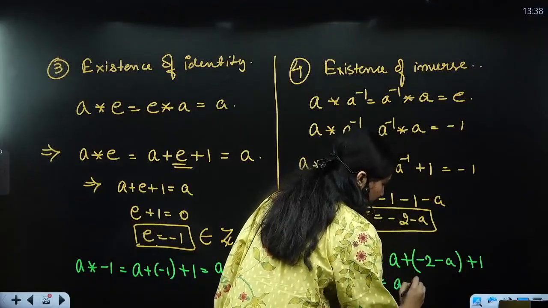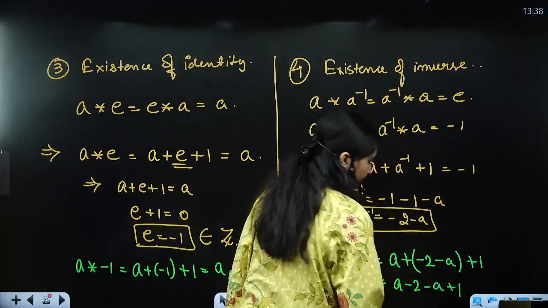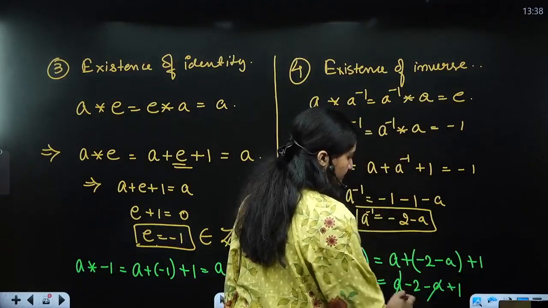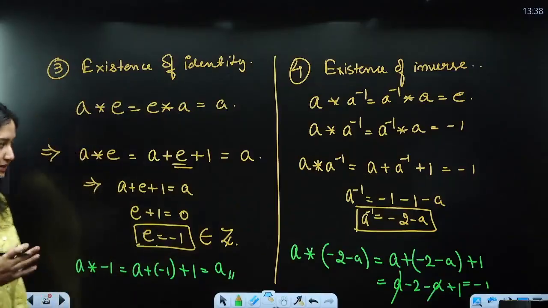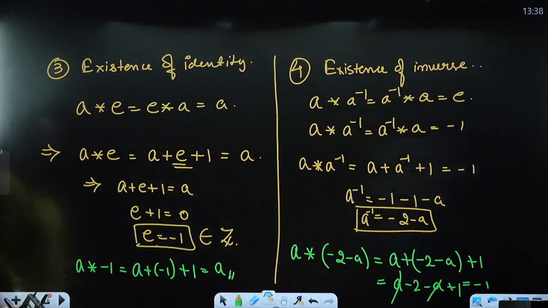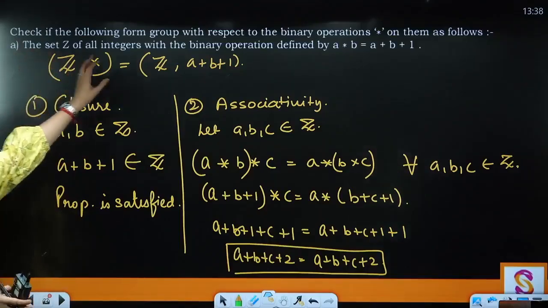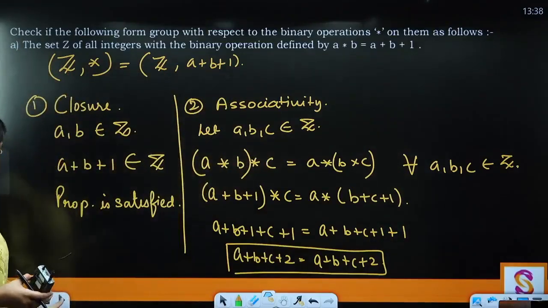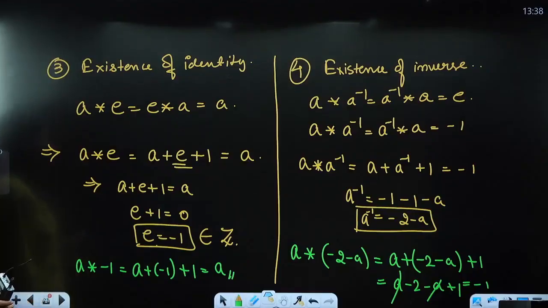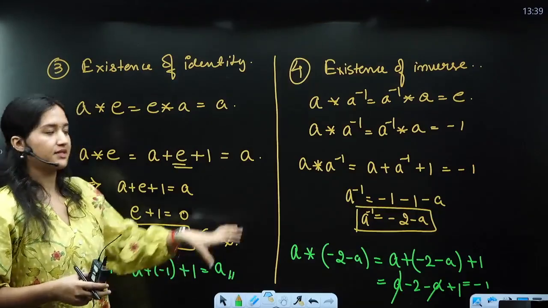So this is a, minus 2 minus a, plus 1, and a and a are going to get cancelled, and you'll be left with minus 1, which is nothing but your identity element, right? So clearly we can see that the set Z with the binary operation a star b equals a plus b plus 1 is a group. It does form a group where for all elements identity element exists, and for all elements